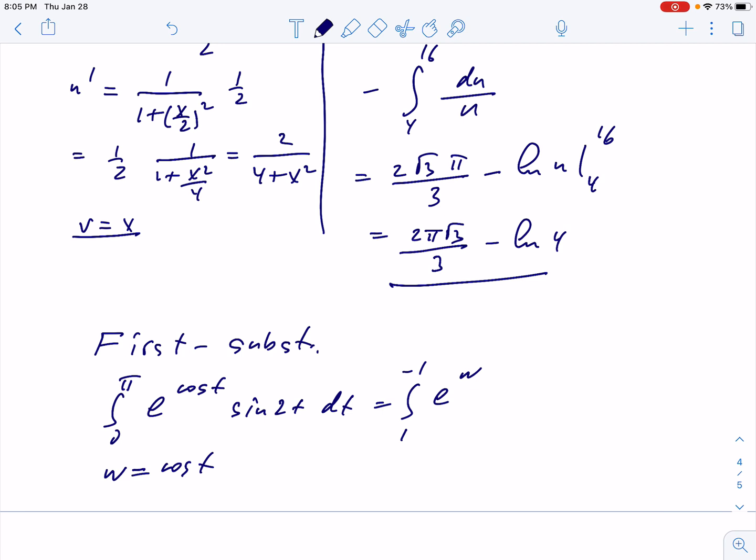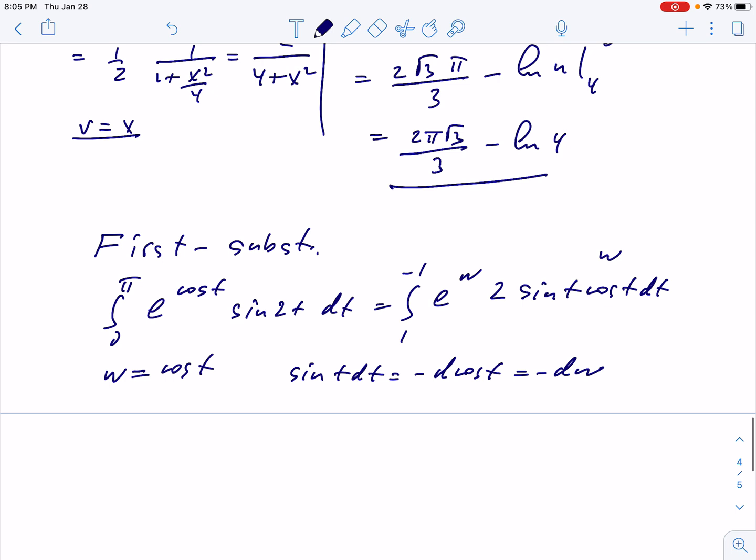How to do with sine of 2t? Well, there is a formula which says that sine of 2t is 2 times sine t cosine t. Cosine t, that's our new variable, and sine t dt is minus d cosine t, so this is negative dw. Everything is done. Well, we have to put these two outside, and our integral, let's call it y, equals